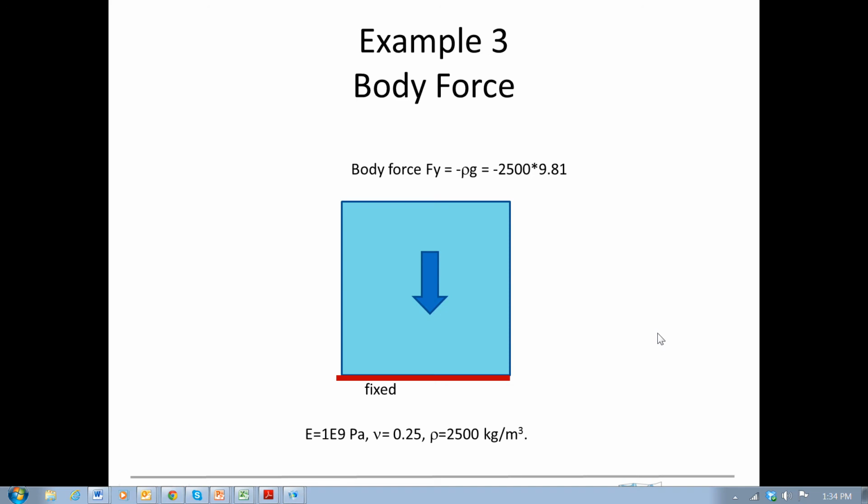Okay, so now let's take a look at what happens if we include a body force. And we'll go back to the original setup where we have a fixed constraint here on the bottom. The sides are all free. And instead of having a load applied to the top, we're going to have a body force that basically is accounting for the weight of this block. And we'll have the same material properties. So when we do that,